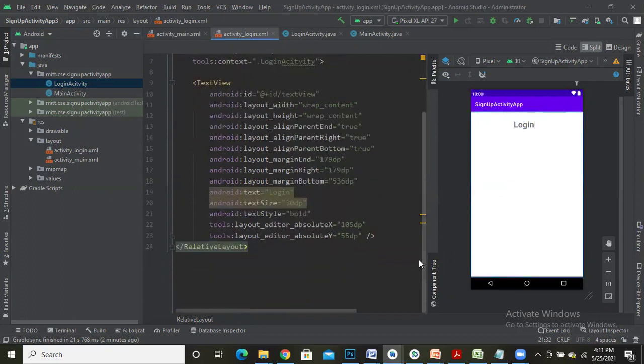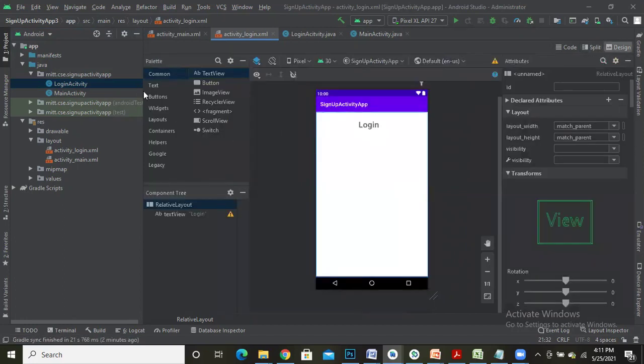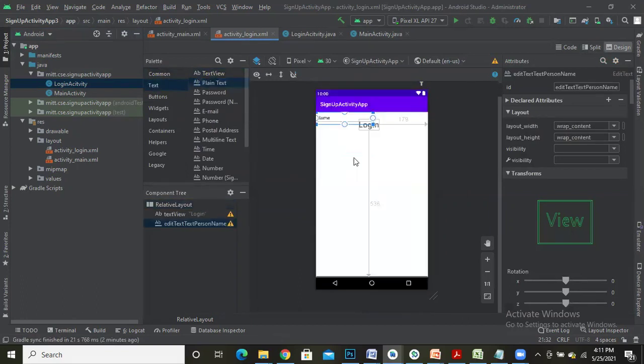After that, let me add two text fields, one to read email, the other one to read password. Go to your design. From the text which is present in the palette, select plain text, drag and drop here. So as normal, make this component movable towards horizontal. Make this component movable towards vertical. Done. So drag this and place it onto the screen, center of your screen.